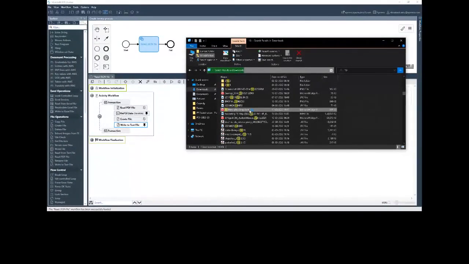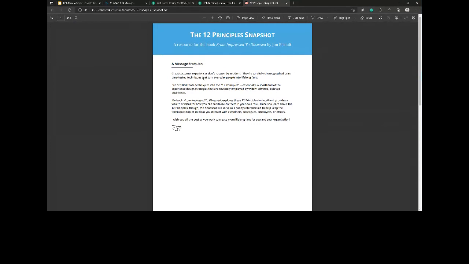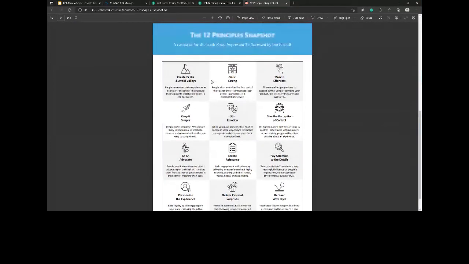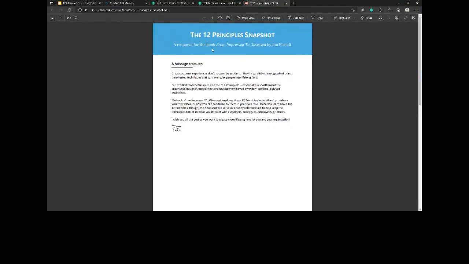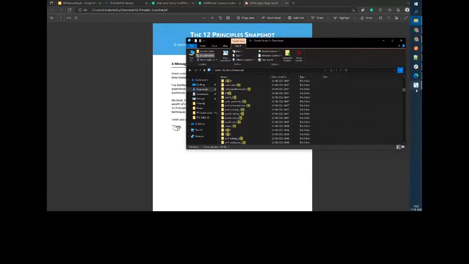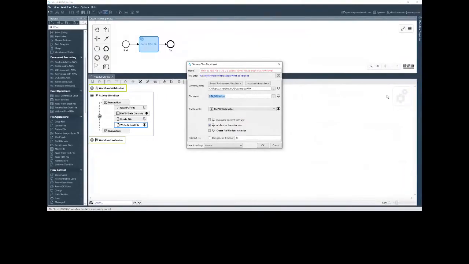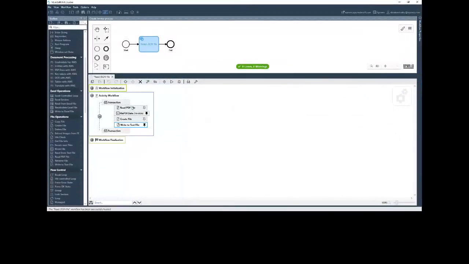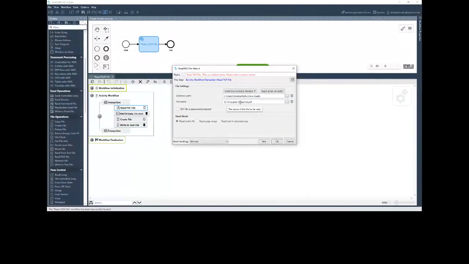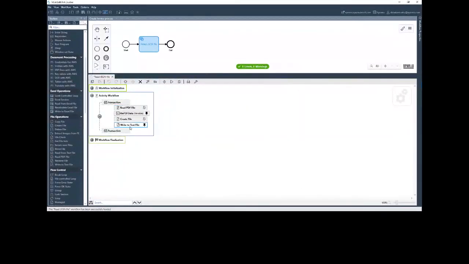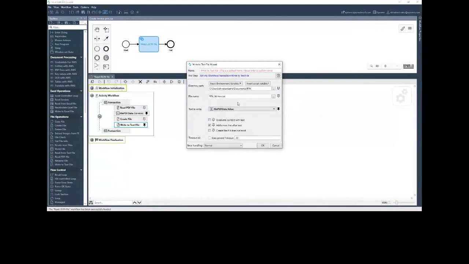This is the file I'm trying to read: 12 principles snapshot, a message from John. This is the file I'm trying to read, and I'm trying to write this data into rpa written.txt.